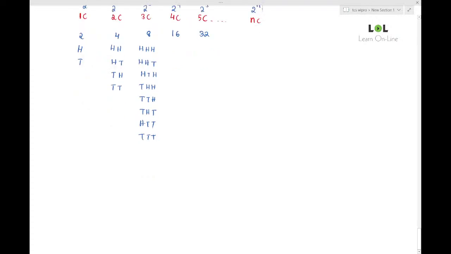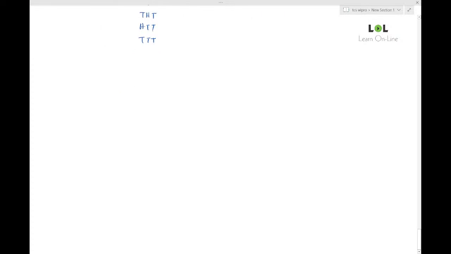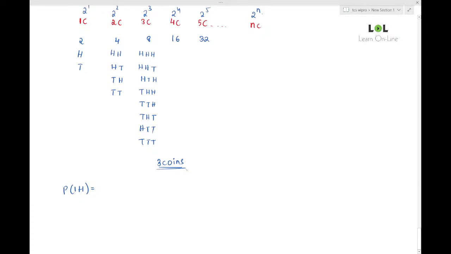So let us deal with three coins. When I toss three coins, what happens? Suppose I ask you what is the probability of three heads. Three heads, we can get in only one case. So that is 1 by 8 is the probability: one favorable case out of total 8 cases. This will be the same for probability of 3 tails as well. Probability of 3 tails as well will be 1 by 8, right?